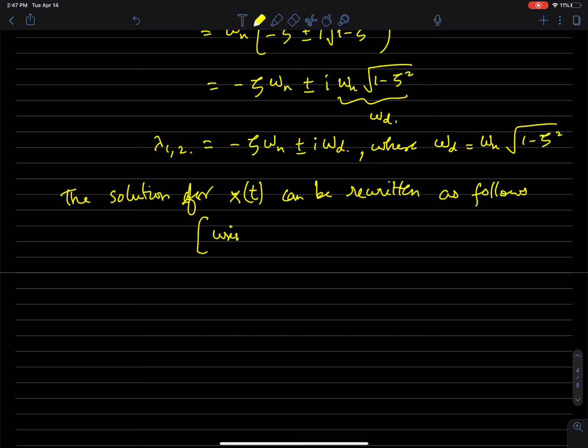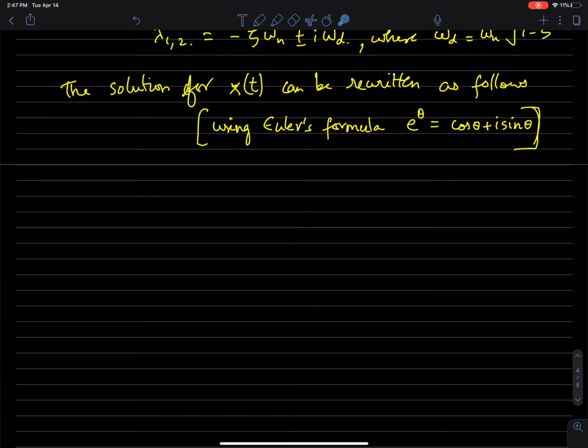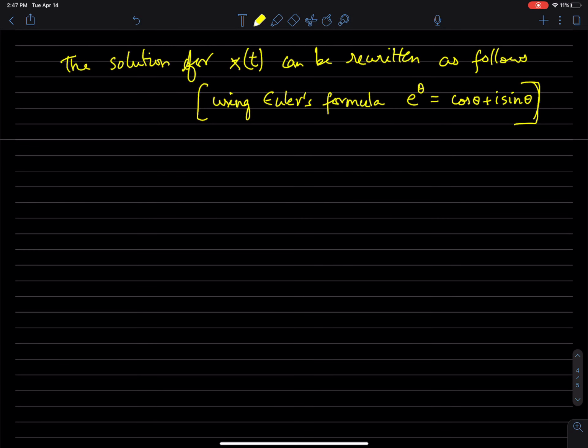Using this thing called Euler's formula. Lots of things in mechanics are unfortunately named Euler's. Euler's formula, which basically says e power i theta equals cosine theta plus i sine theta. Okay, so this is called Euler's formula. So essentially this e power thing, we are going to replace with a cosine and a sine. So it turns out that we can write it as x of t equals some a1, not necessarily the same a1 as before,